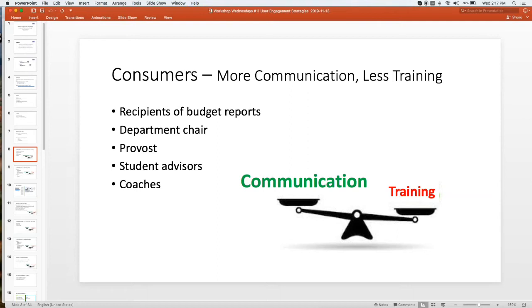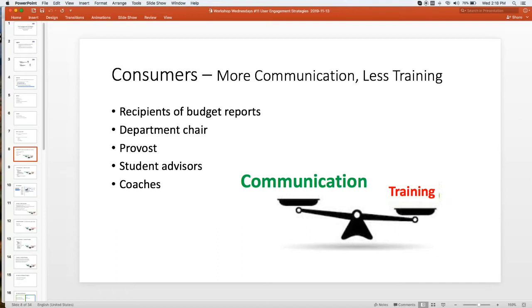Academic folks, department chairs, different various assistant deans and associate deans. The provost would be on this consumer track. Student advisors and people like student advisors who are providing a service for students or in support of the teaching and learning enterprise, library staff perhaps,